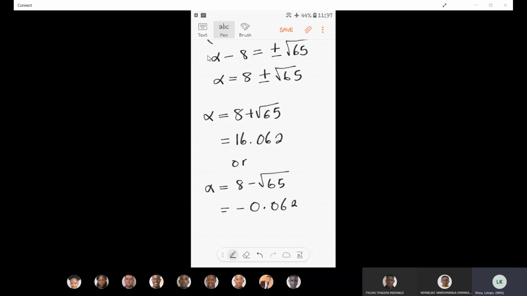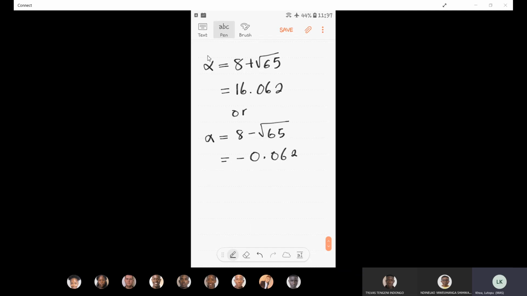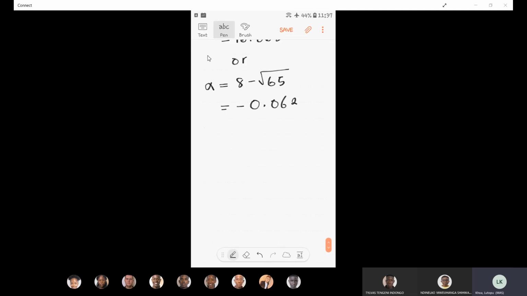Then number 19. We have log of 4 base t. This is equal to 7. Okay, I see here we will also